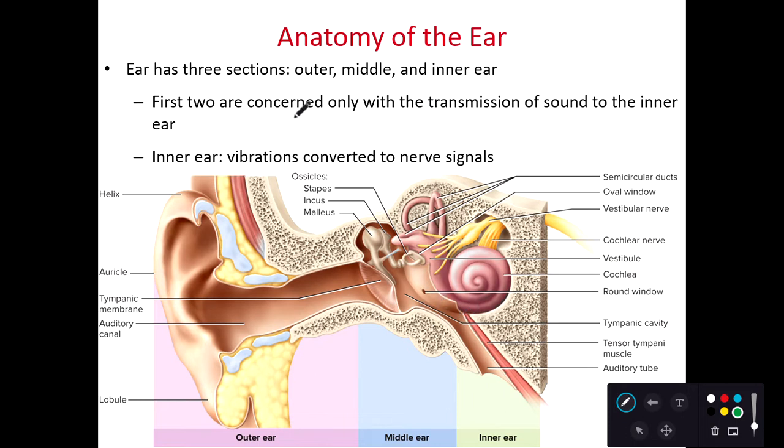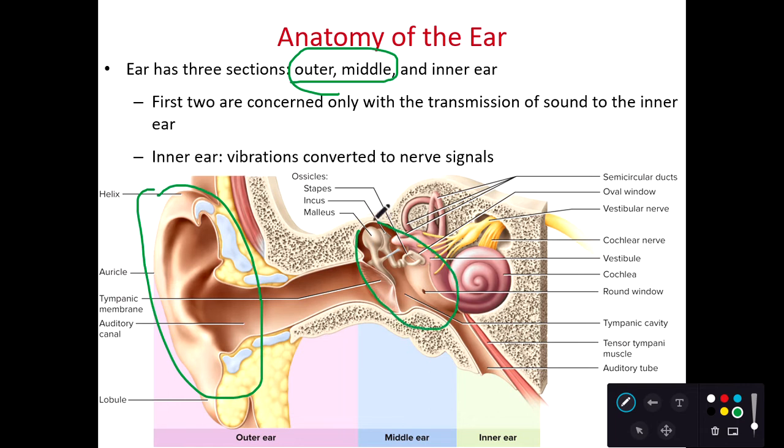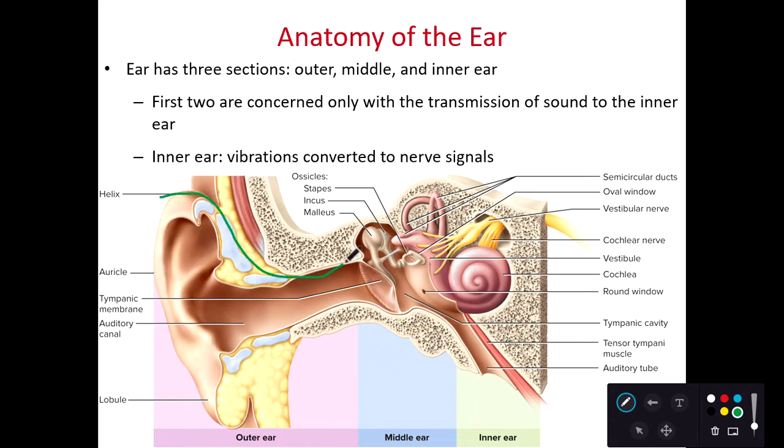So we need to take the outer and middle ears, which are shown. Here's the outer, and then here's our middle ear in this area over here. This tube is considered part of the outer ear. Let me redo that here. Here's our outer ear in green. And then here's our middle ear